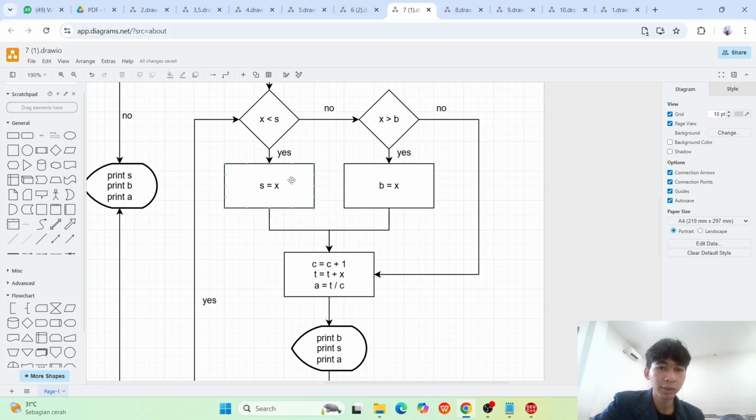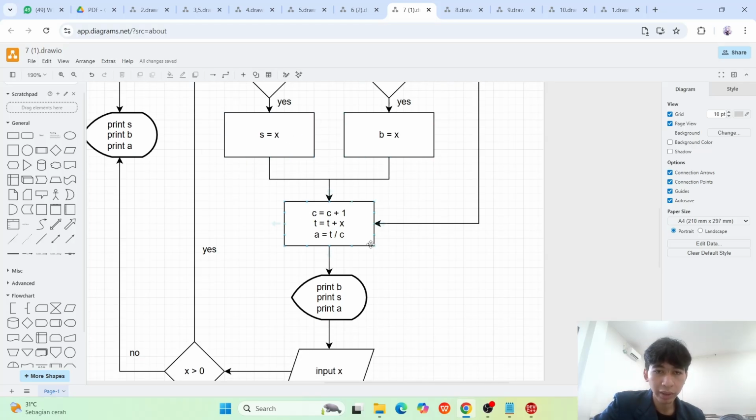And from this, it goes to C equals C plus 1, which is the counter. So the value of C goes up, and then T is added with the X value, and then the A value is T divided by the counter.